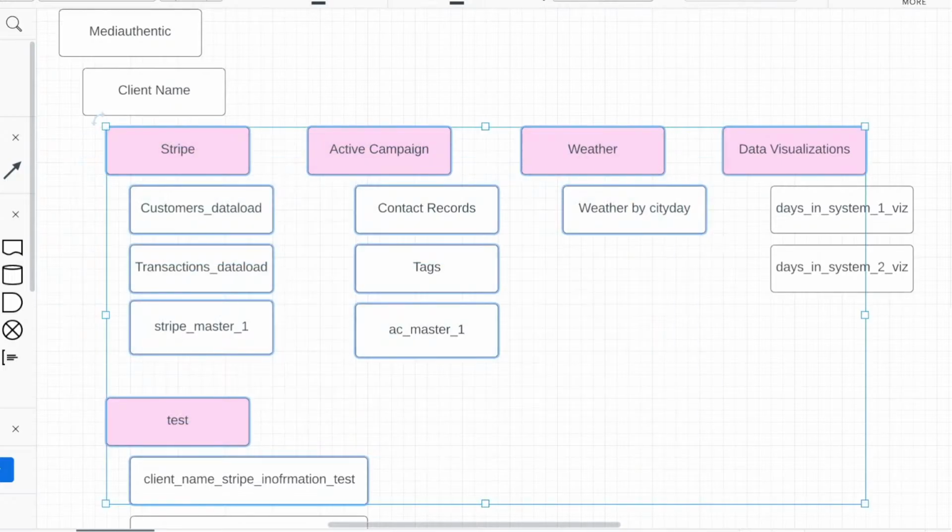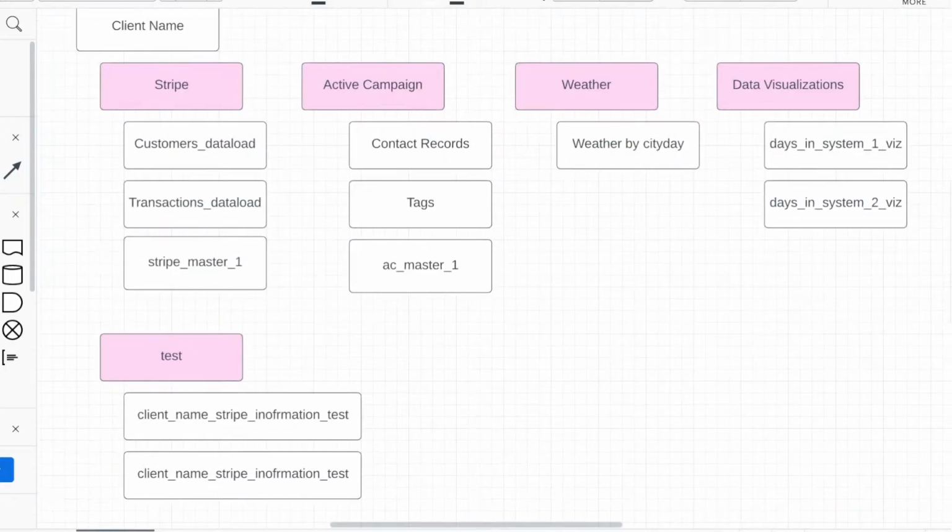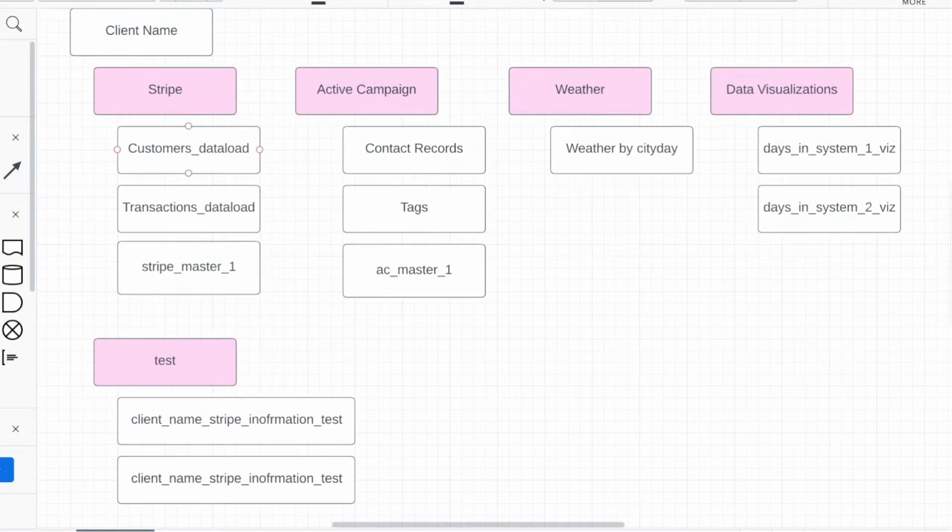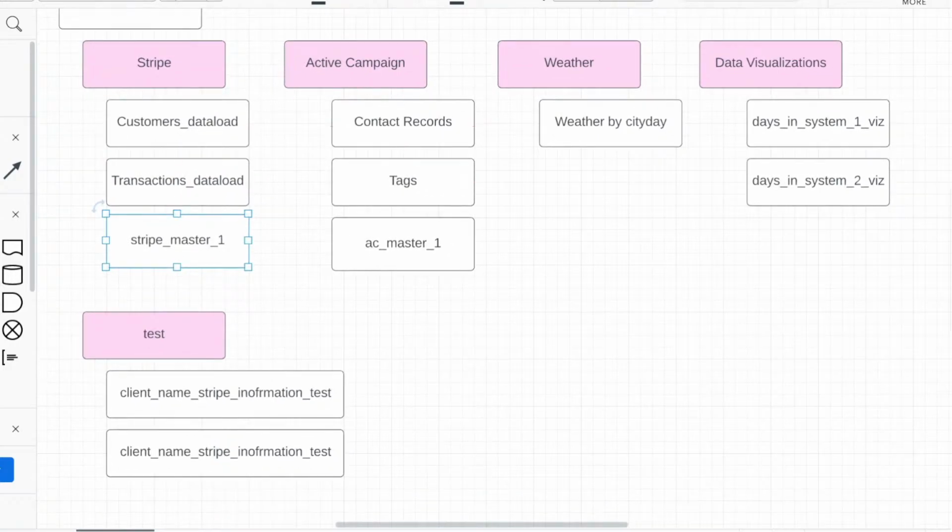As things get more complicated, you could then append your documentation, saying, hey, this table, this data set is for X, Y, and Z. And then you can keep things kind of rolling. So again, small to mid-sized business, I'd say this is the way to go because you're allowed the most flexibility,